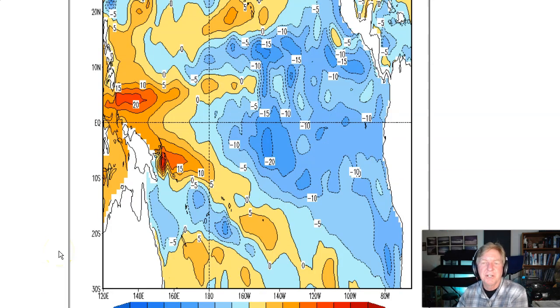Quick look at sea level anomalies. What is this? So there is South America, Central America, Mexico. This is the equator. That's the date line. There's New Guinea there. We're looking at the height of the ocean, assuming no waves, take the wind waves out, take the tides out, and assuming the Earth is more or less a perfect sphere, then how high is the ocean compared to normal? And we see minus 10, minus 15, and it's really just on the minus 20 centimeters